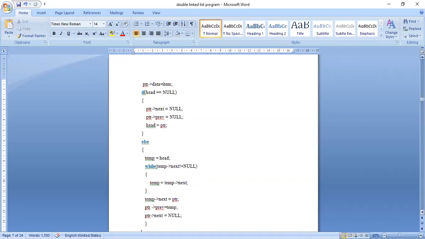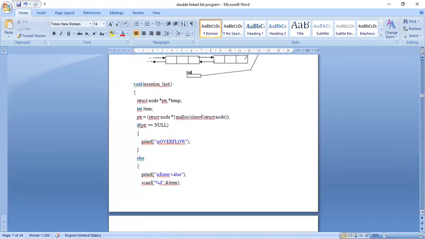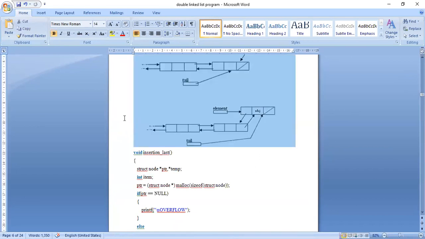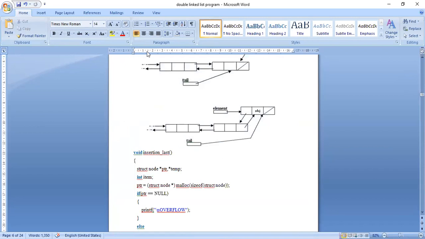So until temp of next is not equal to null. First I have started somewhere here, and I am searching where temp of next is equal to null.